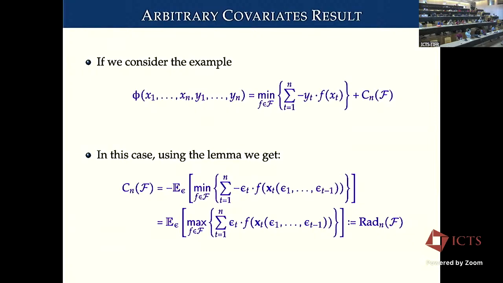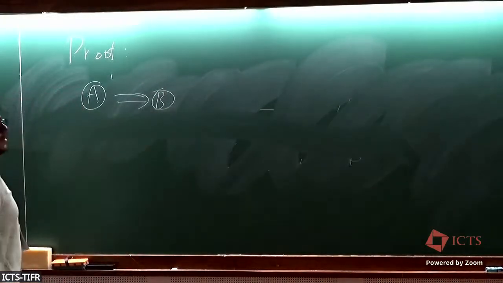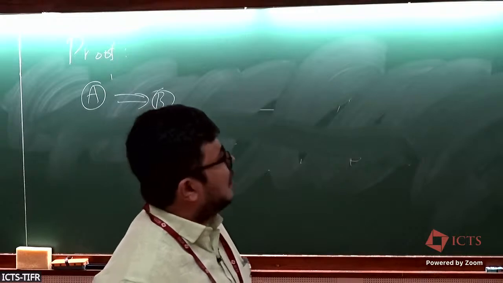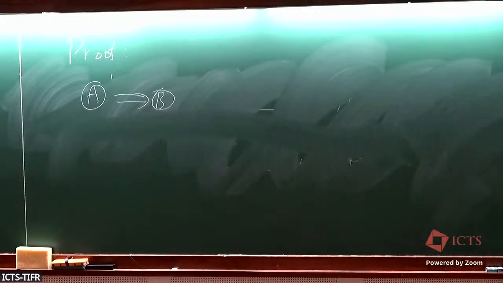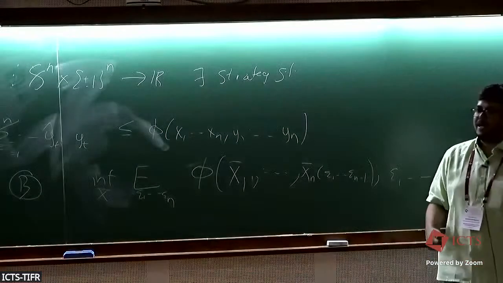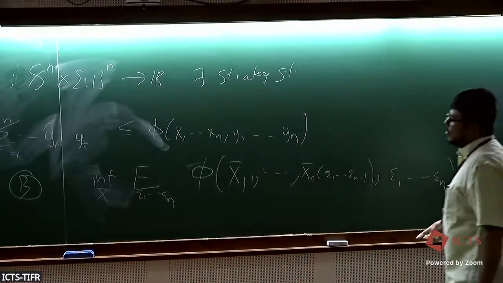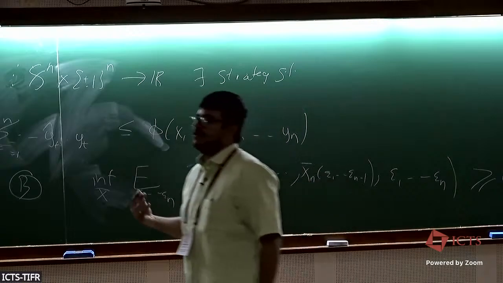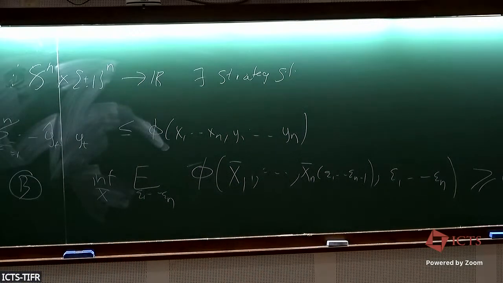Okay, so the first part of the proof, as before, is fairly straightforward, that A implies B. And how do we do that? So earlier we just said, let's just play the randomized strategy for y's, which is epsilon 1 through epsilon n. We're still going to do that, except that while doing that, we are also going to choose the strategy for the x's. Because remember that this time the x's are also chosen by the adversary or by the data generating process. So what we're going to do is